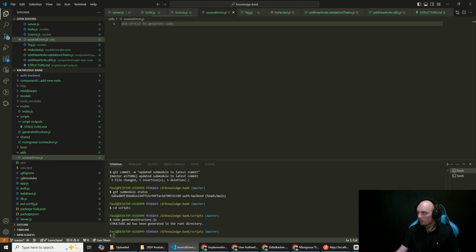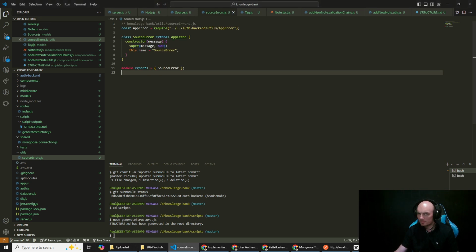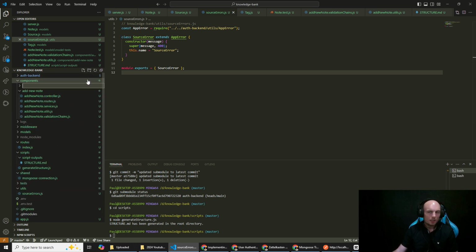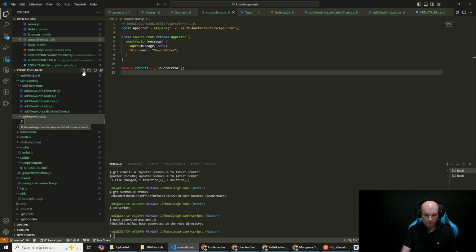We might relocate this later on. For now, it can go there. So we bring in app error from our backend, which is great. All right. In our components, now what we need to do is add a new folder, and this folder is going to be called add new source, and in here we need all of our files, but we're going to start with add new